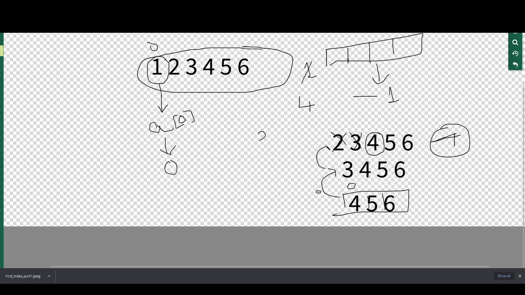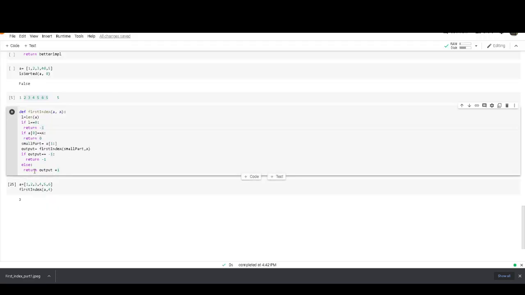It will return 1. Then what we got is output plus 1. Output plus 1 is nothing but the element output. Currently the output value is 0. Then it will add plus 1 in the second loop, and it will add plus 1 in the third loop, and it will finally give out the output.